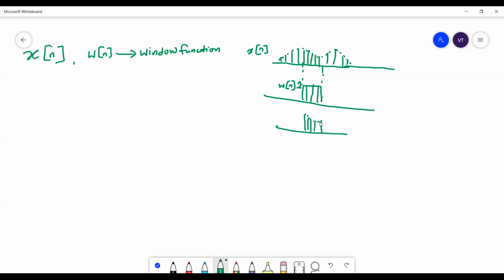So only this part of the signal is going to be examined by the window. Is that understood? So this is my signal. I am going to look at the signal through this window, and this window will retrieve only that part of the signal that is available through the window. So outside the window, the value is equal to 0. So this is how you look at a scenery through a window.